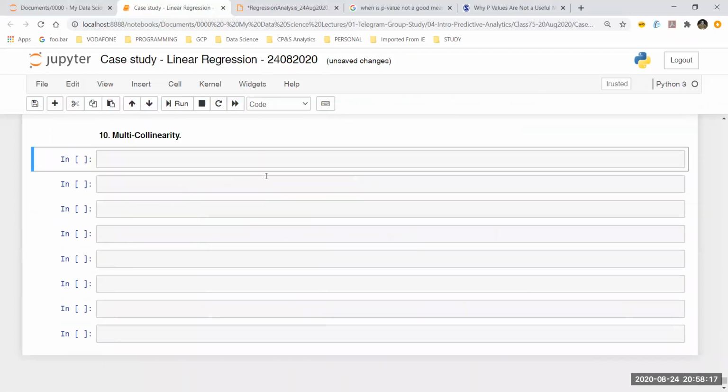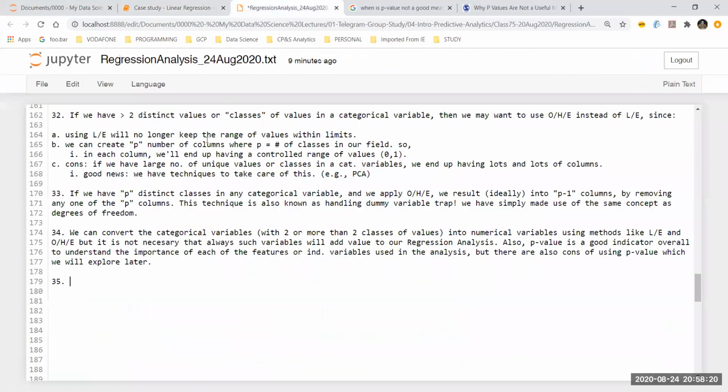This problem is otherwise known as multi-collinearity. One common problem, and this problem has nothing to do with regression. This problem is one general common problem across any inferential analysis that we're trying to do, any machine learning we would do, anything. This applies to anything at all that we do when it comes to data science. One common problem in the field of data science or machine learning or deep learning or AI, right, or any other related fields, is the fact that